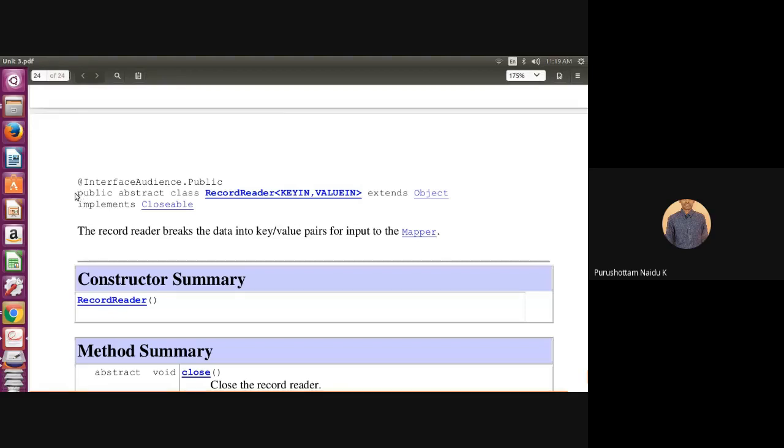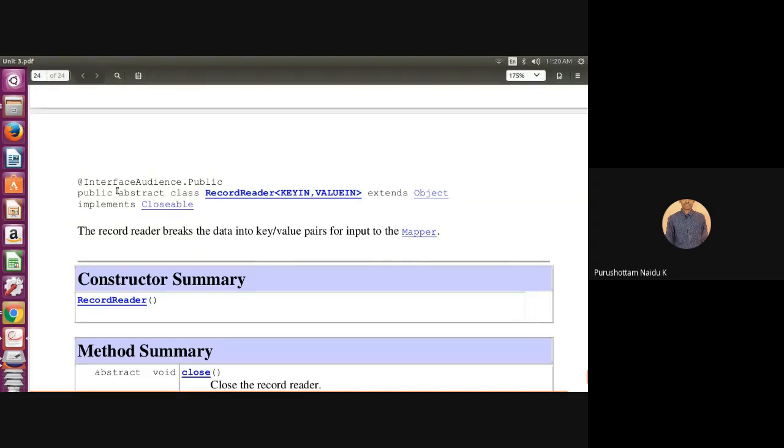You want to define the RecordReader class: public abstract class. What is the class name? RecordReader class. This RecordReader class can extend which class? Object class, and it can implement the Closeable interface. So we have to implement the Closeable interface, and we can also extend the Object class.